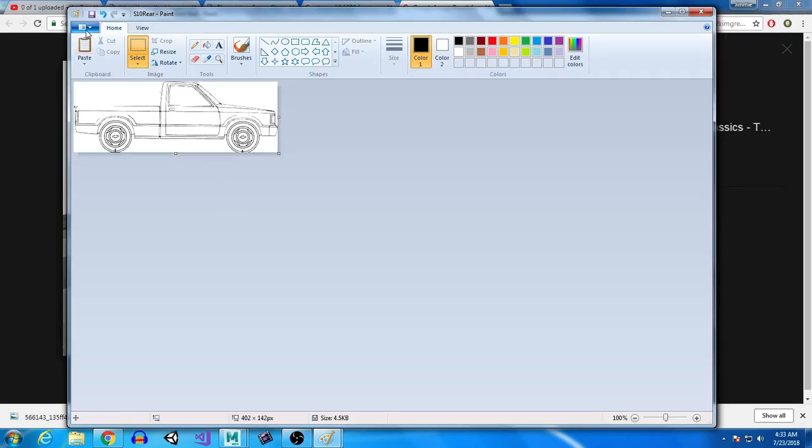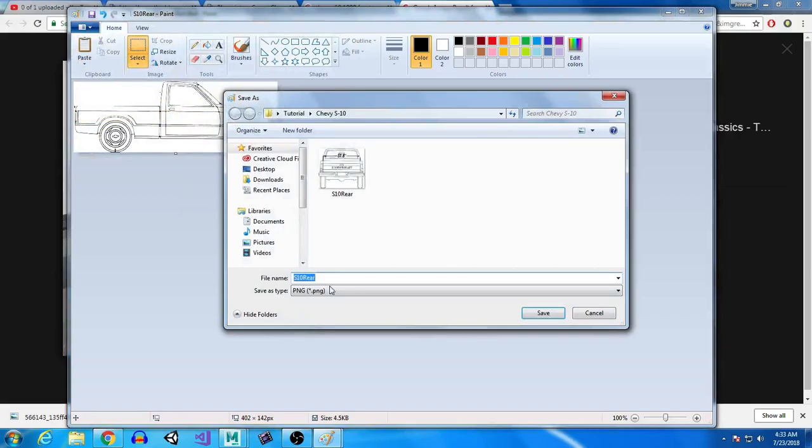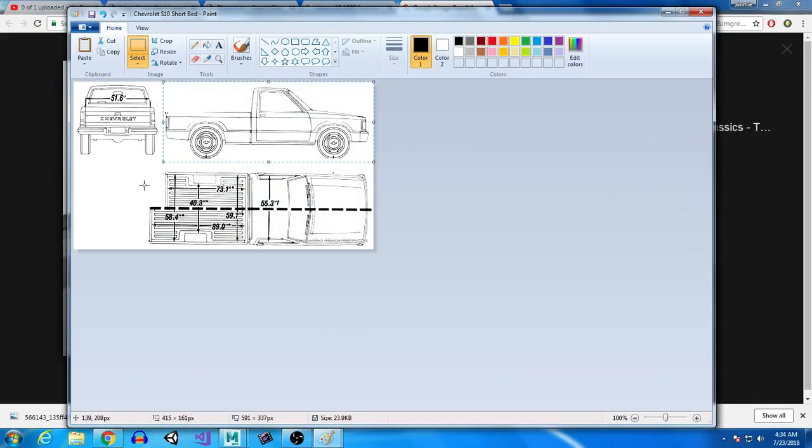Yeah, calm. There we go. I'm going to click on Save As. And this is going to be S10 side, if I can type. We're going to click on Save. And then we're going to do the same thing for the top view right here. This one, we don't have to have